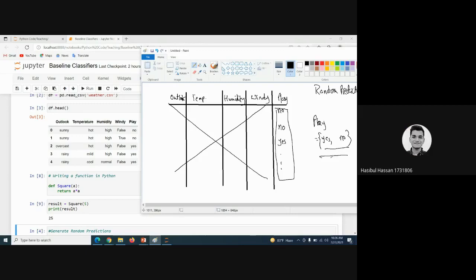Yes, sir. সেটা তো আমার জানতে হবে না? আচ্ছা, এটা জানার আগে আমার কি জানতে হবে? আমার জানতে হবে আমার টার্গেট কলামটা কোনটা, এটা প্লে, রাইট নাকি না? Yes. So outlook is not my target column, temperature is not my target column, my target column is play. Is that right নাকি না? Yeah,